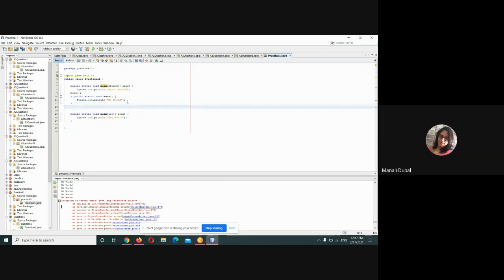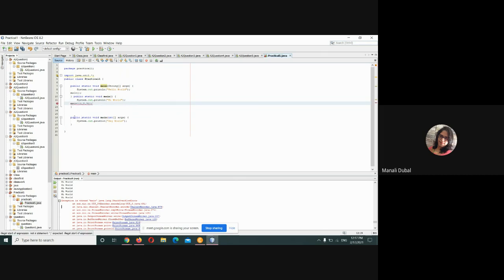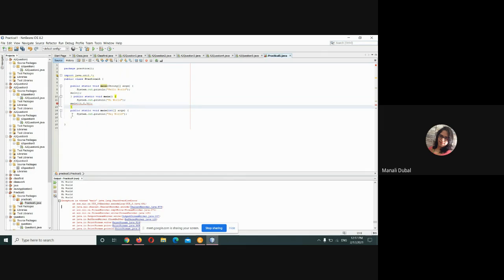Not outside, inside. You are keeping it outside. Instead of passing integer array on line number 16, remove those brackets. Line number 14, remove the brackets of integer. Yes, integer only.